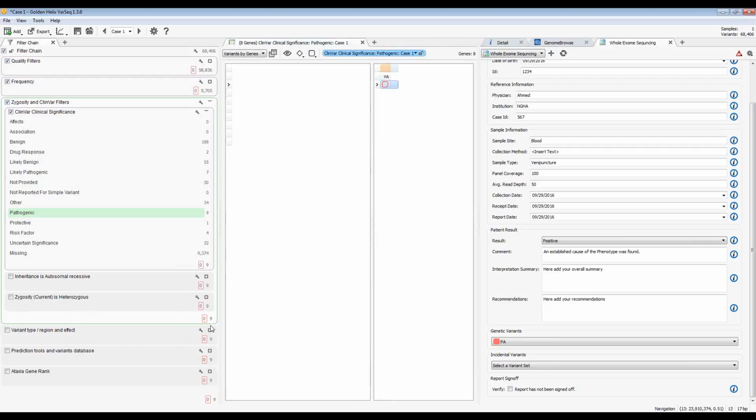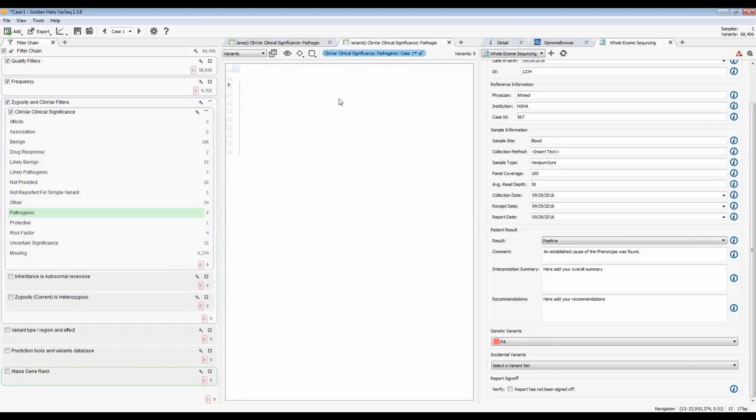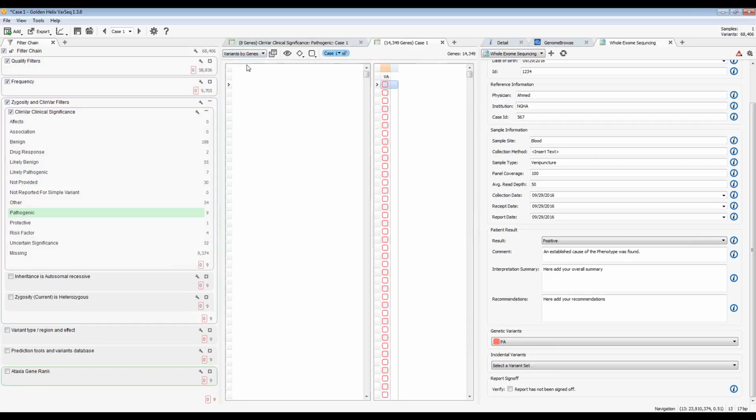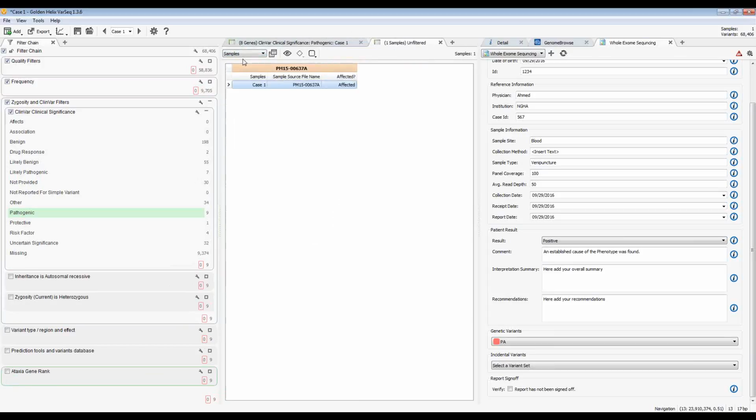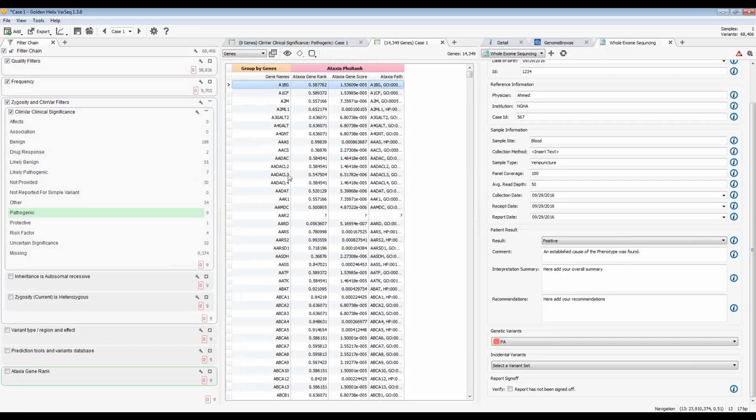What we do is we look at only the variants where we can score variants by genes. An additional tool that we have been using is to filter